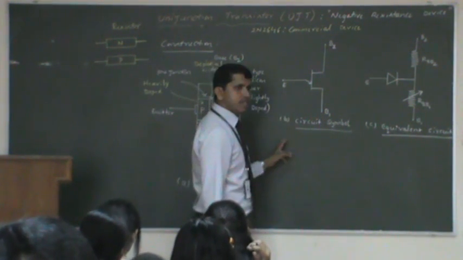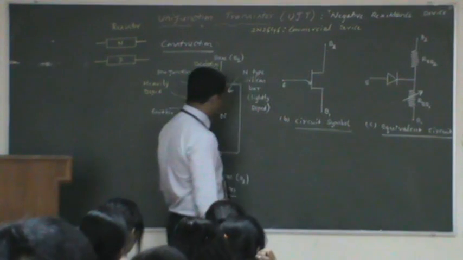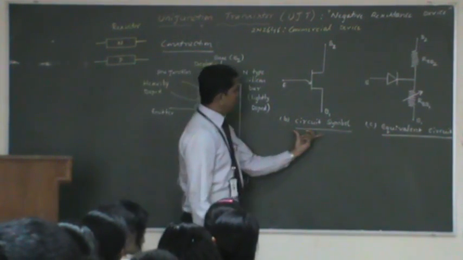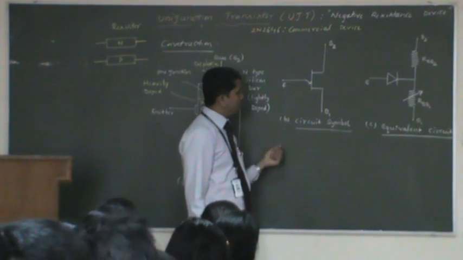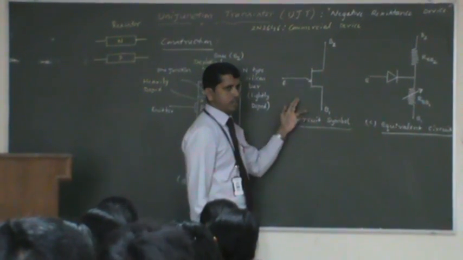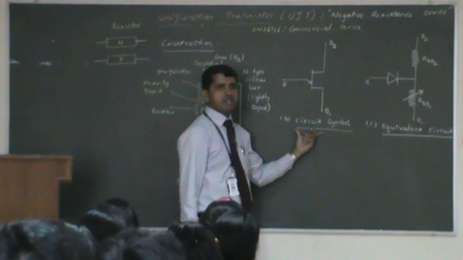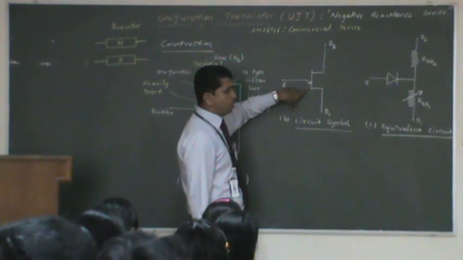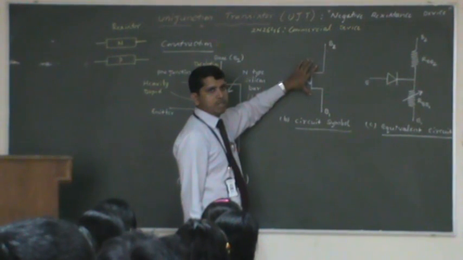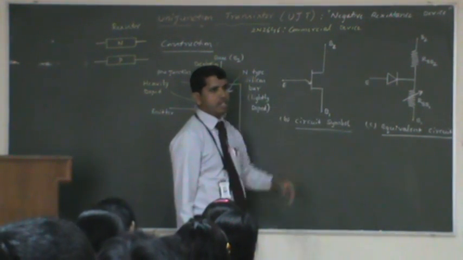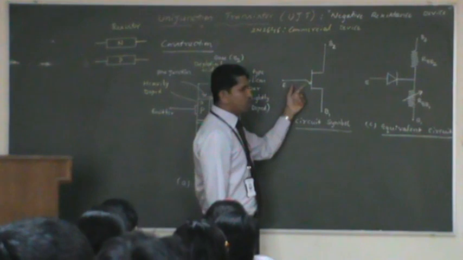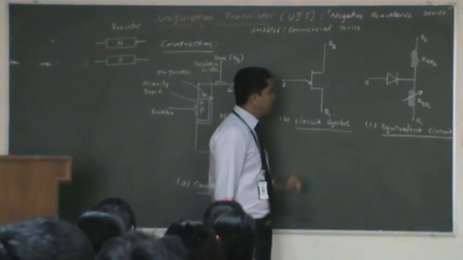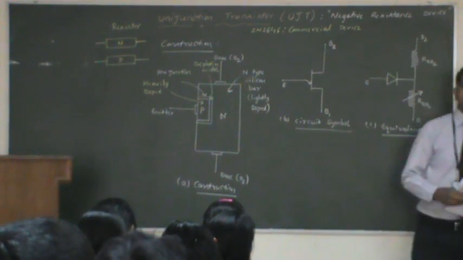Any questions about this circuit symbol? Because every time you cannot write the construction when you draw the circuits. The easiest way is to indicate the unijunction transistor with the circuit symbol like this. This symbol almost looks like a MOSFET symbol, but the only difference is we have an arrow mark which is bent. If you don't bend this arrow mark, this symbol becomes a MOSFET, which we are studying in the next unit. So make sure that the arrow mark must be bent, towards the base B1. Let's go back to the equivalent circuit here.